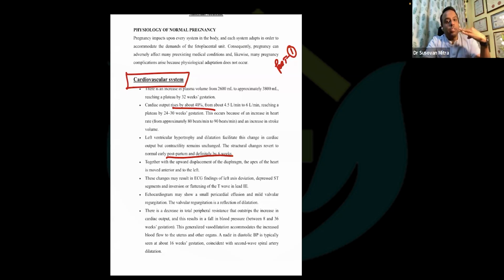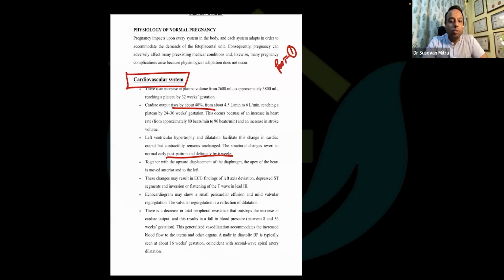And when the capillary wedge pressure remains the same but stroke volume increases, they are prone to develop pulmonary edema. That's why pulmonary edema is more common, or peripartum cardiomyopathy is more common, in the second stage of labor up to 15 days of postpartum. This is an important piece of information. Kindly imprint this in your brain, that peripartum cardiomyopathy is very common in the second stage of labor up to 15 days of postpartum.